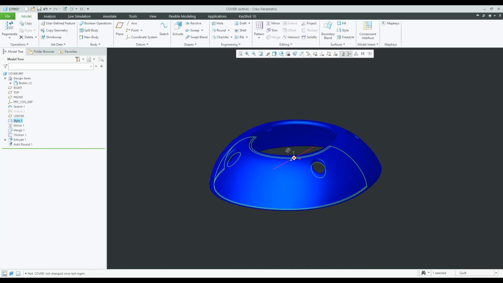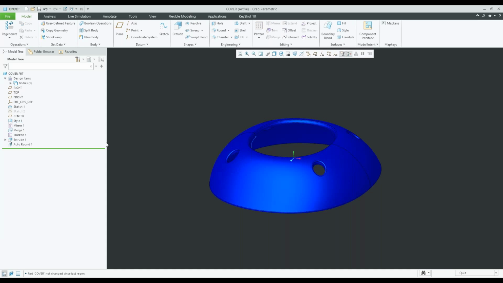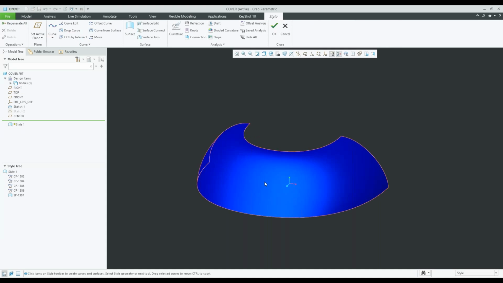I don't have those dimensions. So what I can do is go back into the style feature, and I can enable those parameters so that they're able to be edited, changed or modified outside of the ISDX environment. So if I go back to the style feature, edit definition here, the first thing I'm going to do is